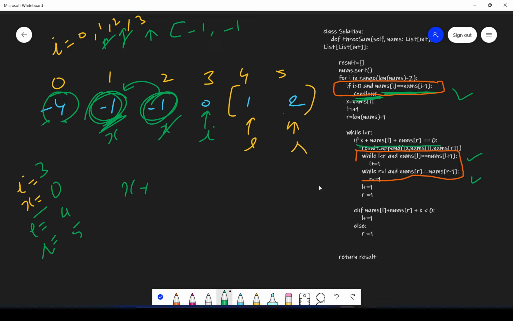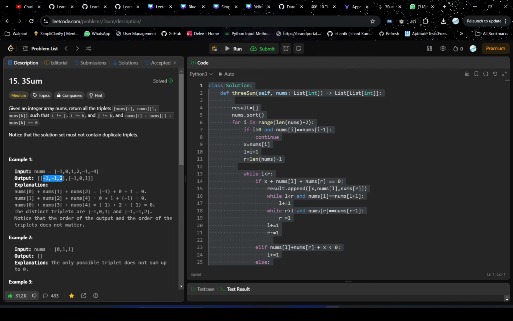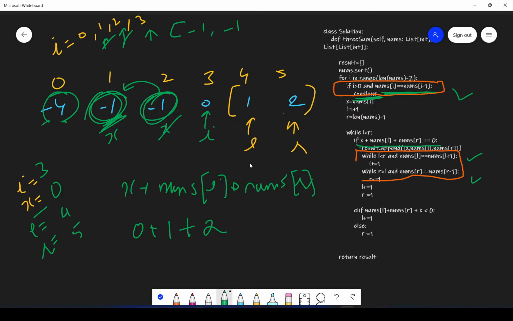So x plus nums of L plus nums of R: x is 0, plus nums of L is 1, plus nums of R is 2.